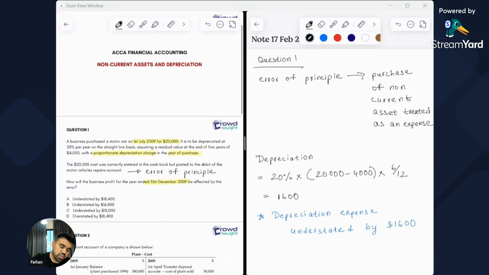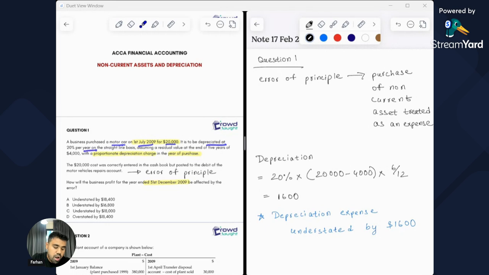A business purchased a motor car on 1st of July 2009 for $20,000. It is to be depreciated at 20% per year on the straight line basis, assuming a residual value at the end of 5 years of $4,000 with a proportionate depreciation charge in the year of purchase. The $20,000 cost was correctly entered in the cash book but posted to the debit of the motor vehicle repairs